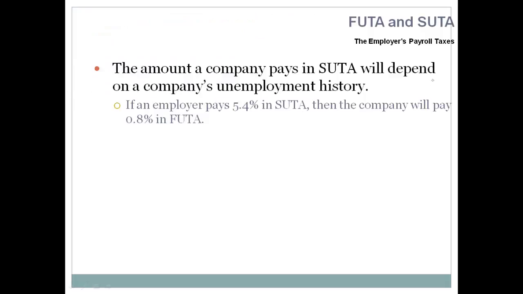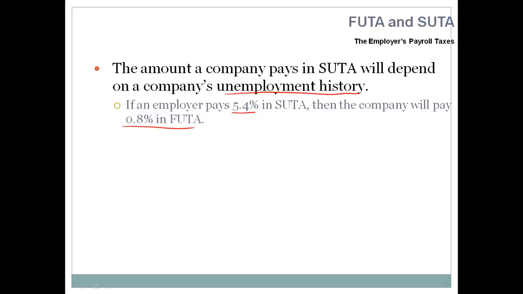So the amount a company pays in state unemployment tax often depends on a company's unemployment history. This isn't true in every state. Sometimes if you're in a very stable company where you have very few people who become unemployed, you don't lay off a lot of people, then they may make you pay a smaller unemployment tax. But again, that's set by the state, and they're not all the same. There's probably 50 different plans. But if an employer pays 5.4%, like I said before, then the company will pay 0.8% in federal